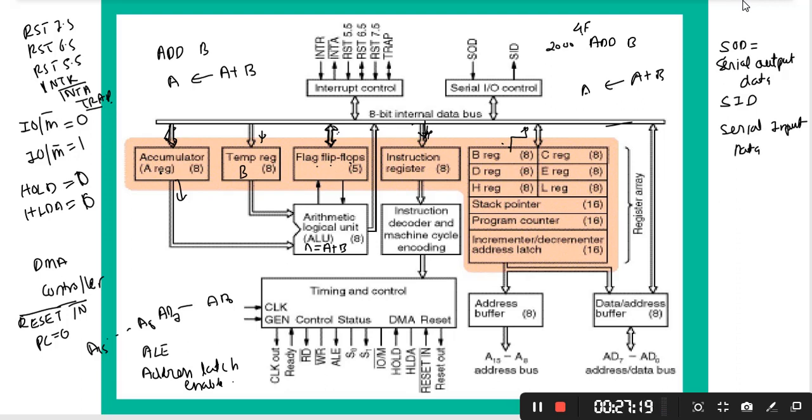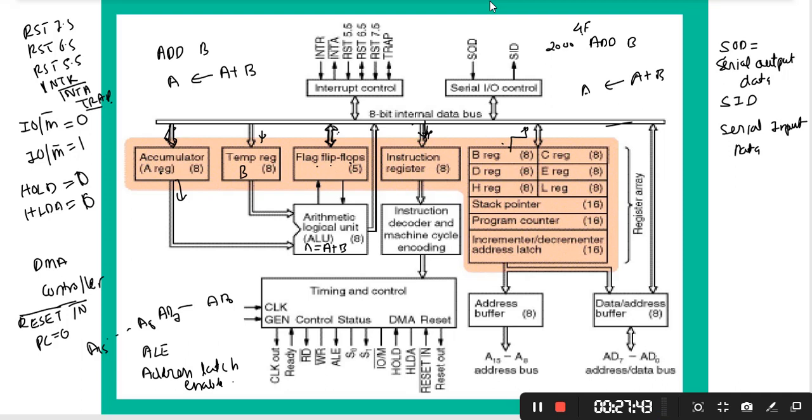Through the SOD pin, the microprocessor can send data to an outer device, and in the same manner, serial data can be taken from the outside device through the SID pin.